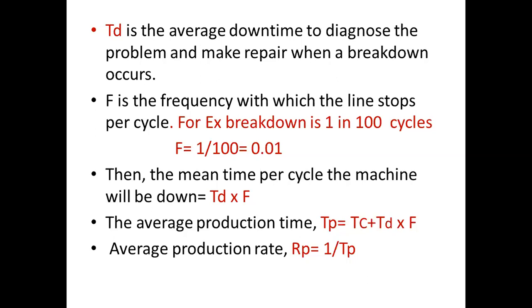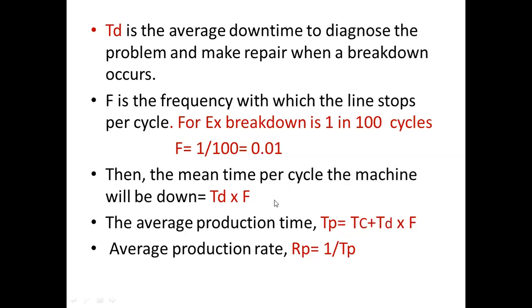For example, if the breakdown is 1 in 100 cycles, if we consider 100 cycles in a period and there is one breakdown, then the frequency will be 1 upon 100, or 0.01. So this 0.01 will be multiplied by TD